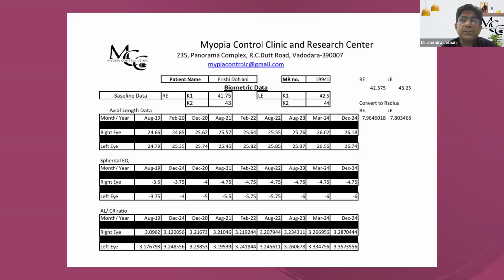medical record software, because the medical record which we were using was very bulky, with a lot of data, and the problem was that we didn't really want that data for this particular myopic patient. So purely for myopia control, we have designed a simple data set which has only 25-30 things, and that serves our purpose. We have designed it mainly for research purposes so that we can know what we are doing and we can improve it, because all of us, and I would congratulate all of you